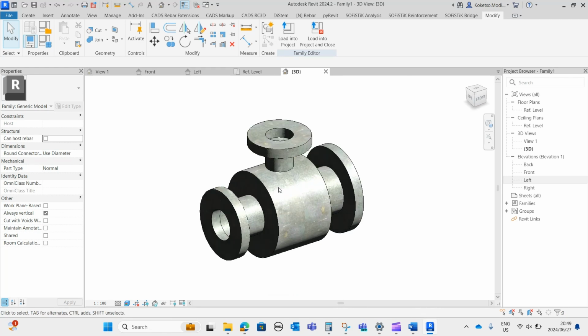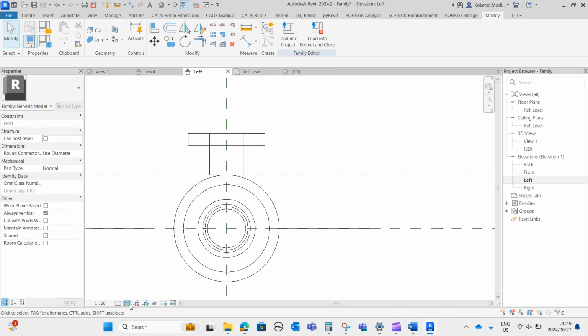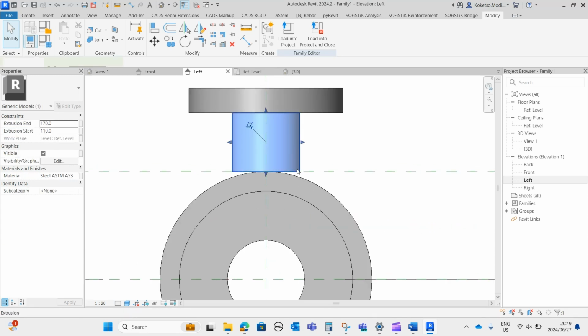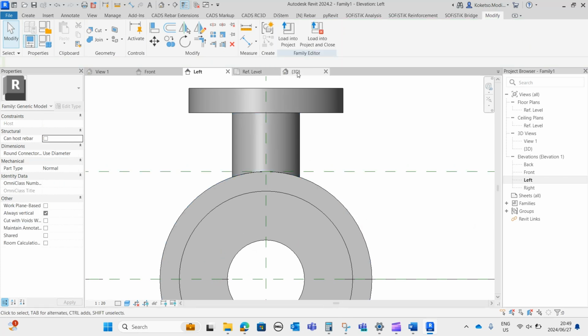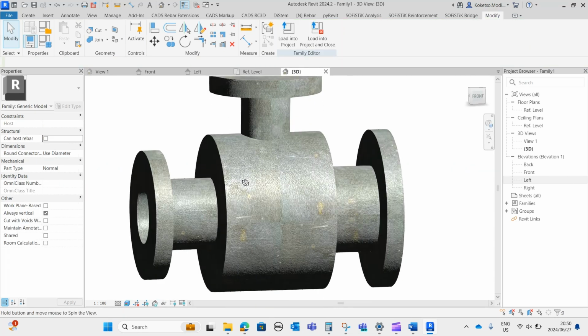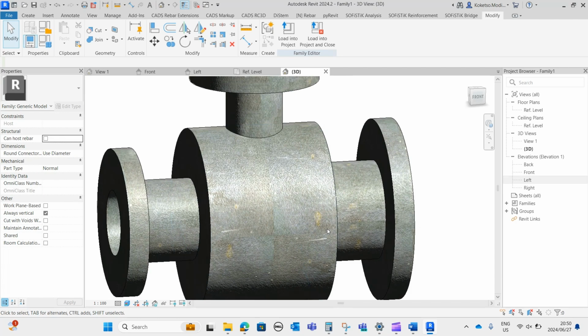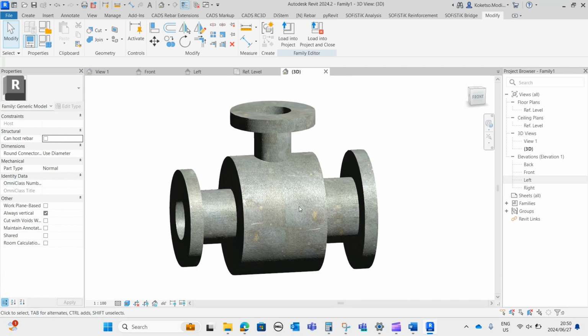Now the next thing is we're going to have to apply our pipe connector to this so that it makes sense. But obviously, then I think we can go to, let's just go to the left elevation, change this to shaded. So, okay, this has to be embedded into the pipe. So I'm just going to embed it like this. Go to the 3D view. So it's going to be embedded like that. And now the next thing is,